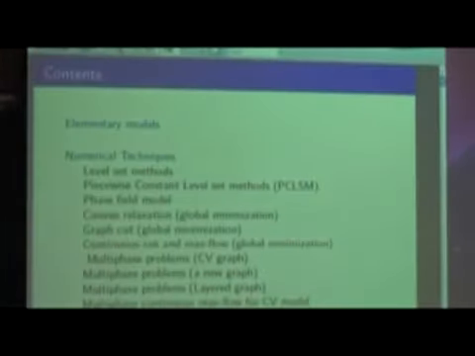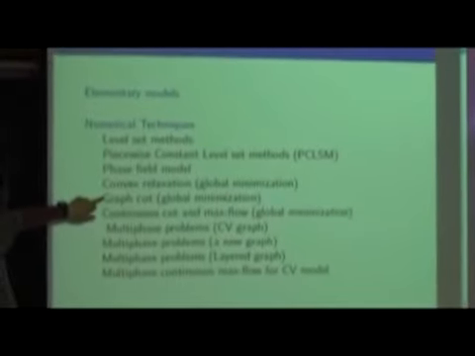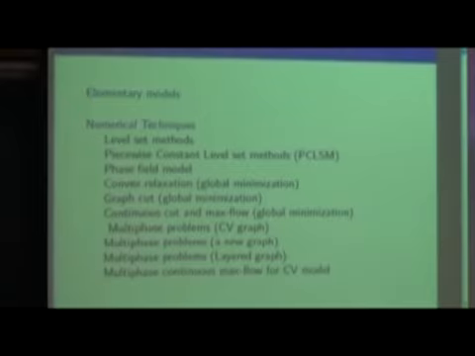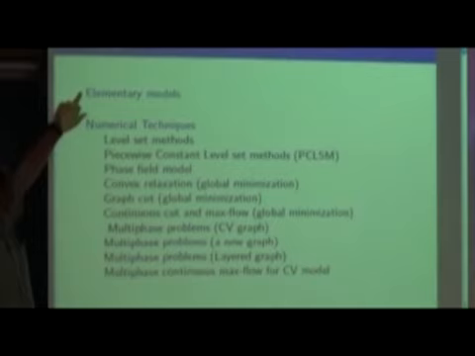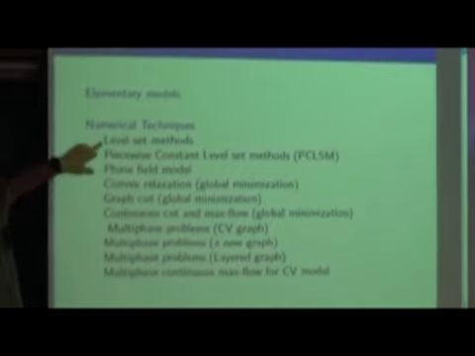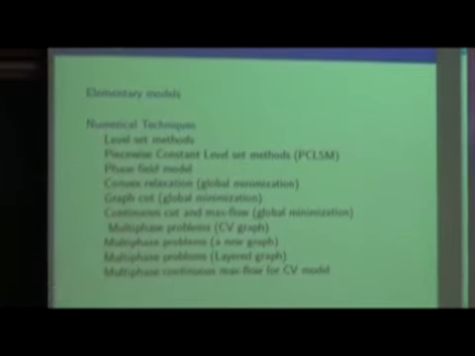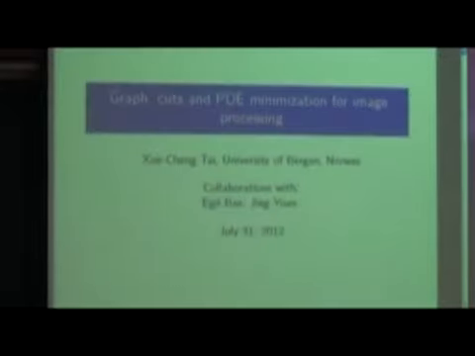Essentially the method we used was a graph cut, and we have also segmented the same image with a continuous cut and those things. They are really very, very fast. But to get to those methods, let's first start with the elementary models, then introduce a level set method, skip those two, and then slowly come to here. You can see what methods have been used. So therefore, the elementary models